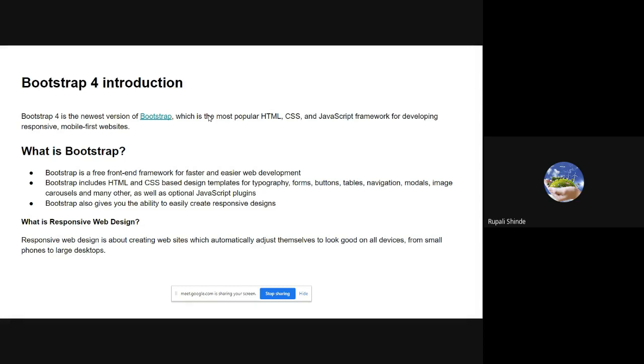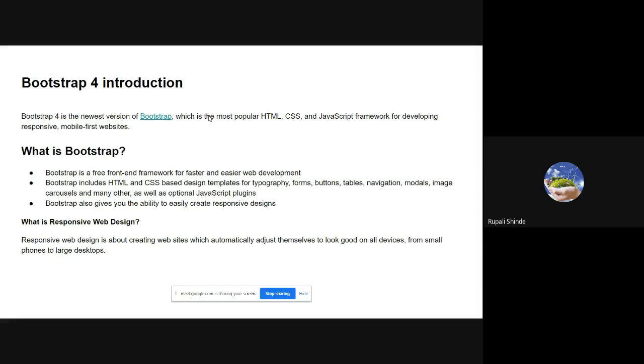Bootstrap is a free front-end framework for faster and easier web development. Bootstrap includes HTML and CSS based design templates for typography, forms, buttons, tables, navigation, modals, image carousels, and many others, as well as optional JavaScript plugins. Okay, as I have told you, Bootstrap is a framework which is readily available to you.